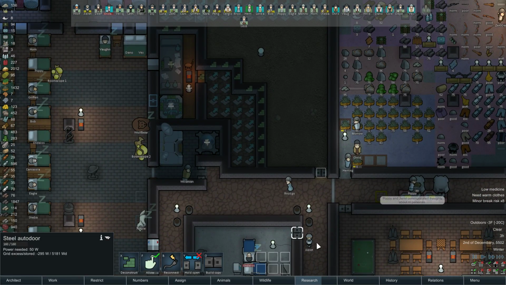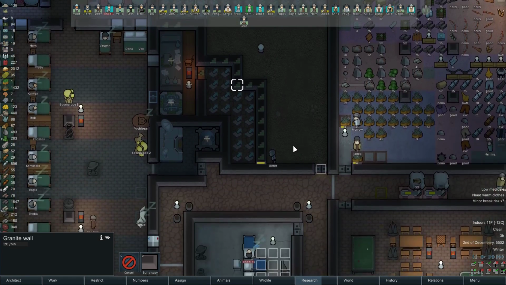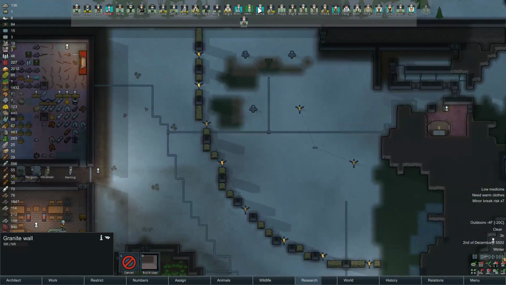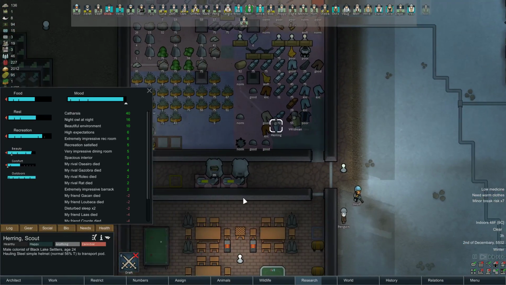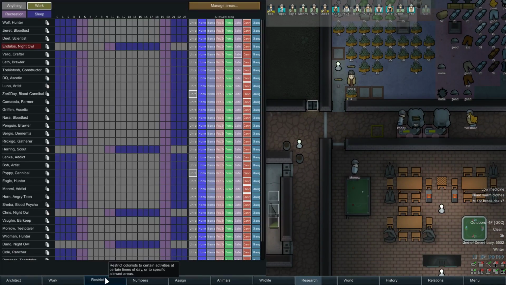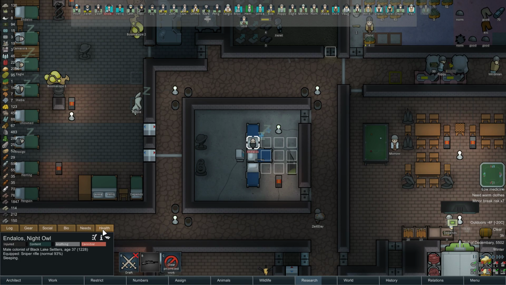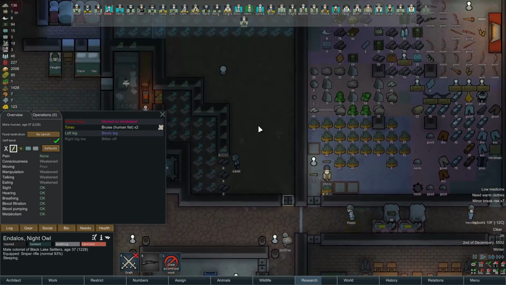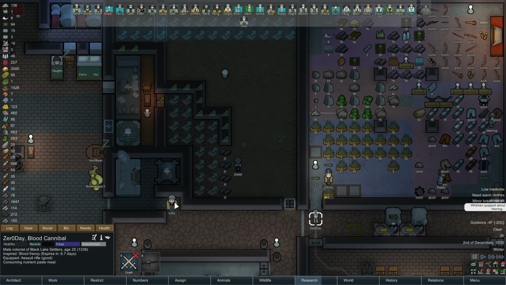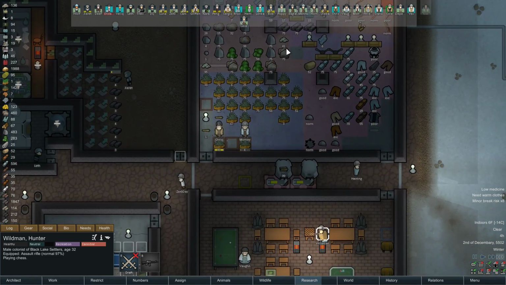All right, this ranch is going to get done. I have no idea why I didn't destroy that one wall here. I don't think it's load bearing. I don't think it's holding up the roof. Wow, Herring, you are really happy. That is a lot of positive mood. Going into the restrictions here. Alright, no one's on permanent. Let's see, another builder. They're just loading up the...